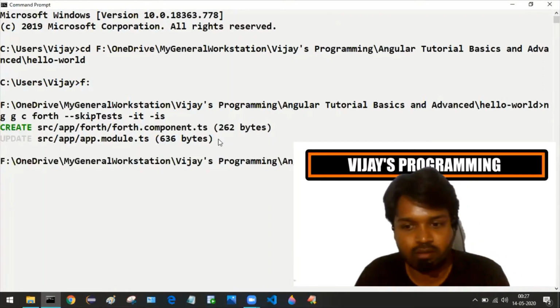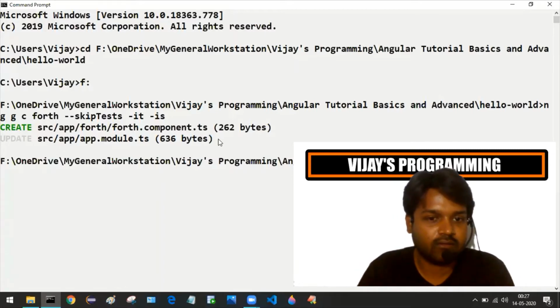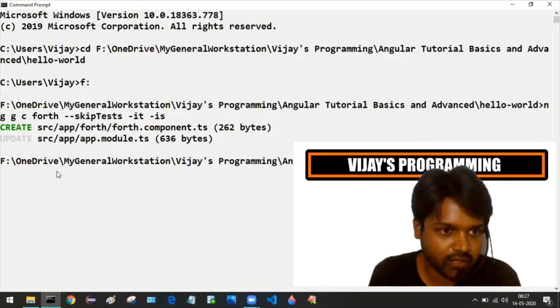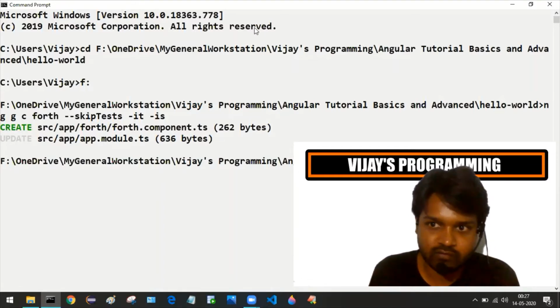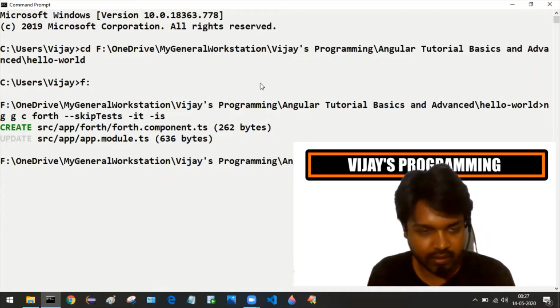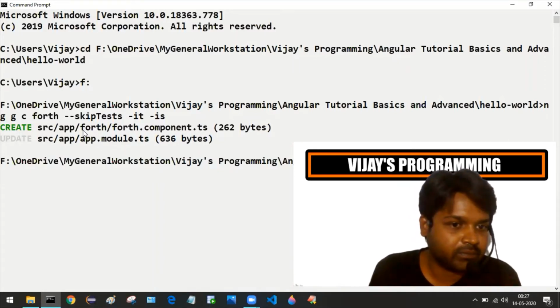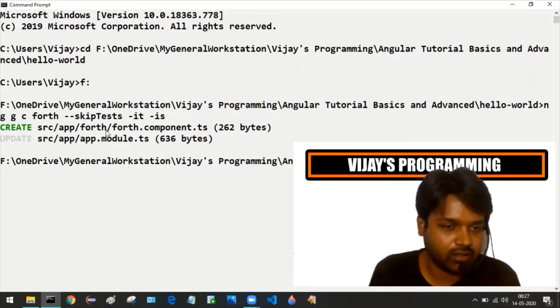The file that has been generated, that is only one file. You can see that only one file has been created, that is fourth.component.ts. One folder is created, that is fourth.